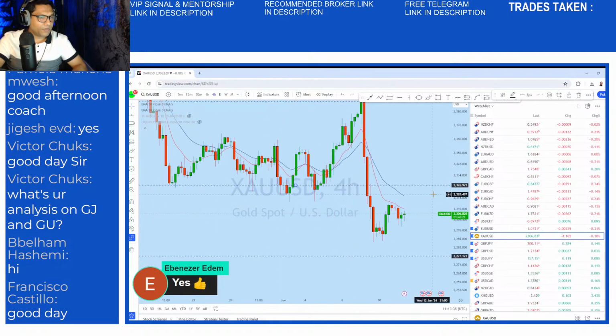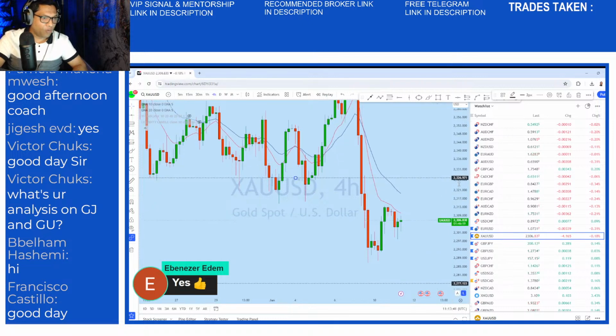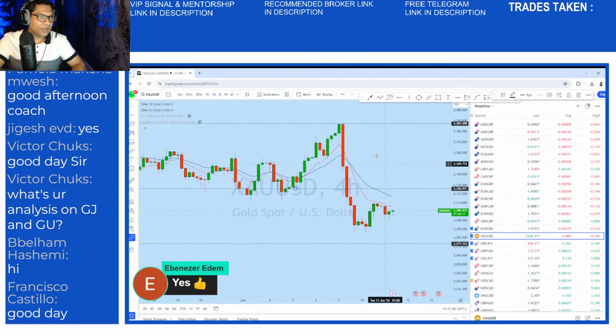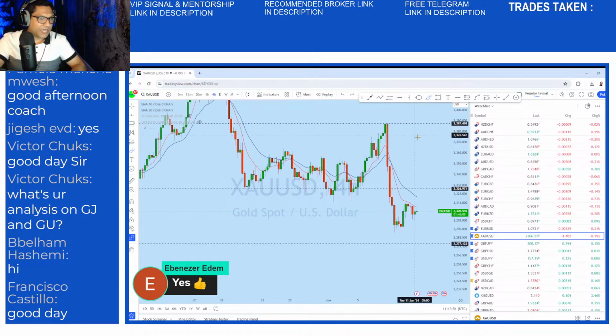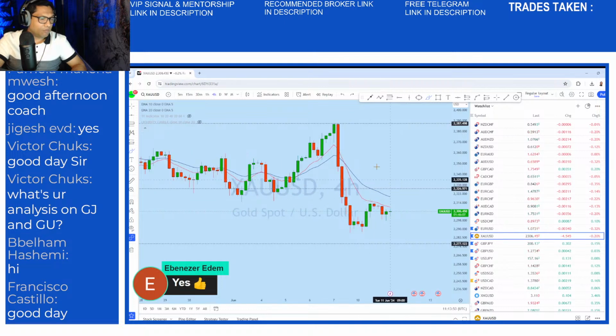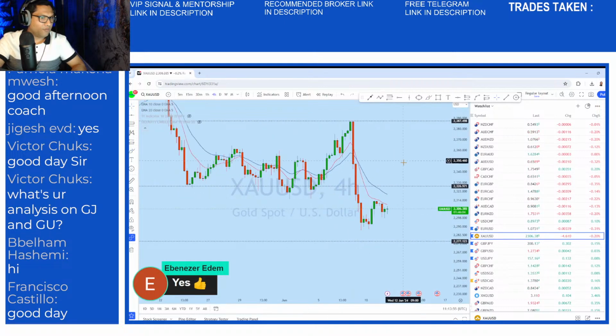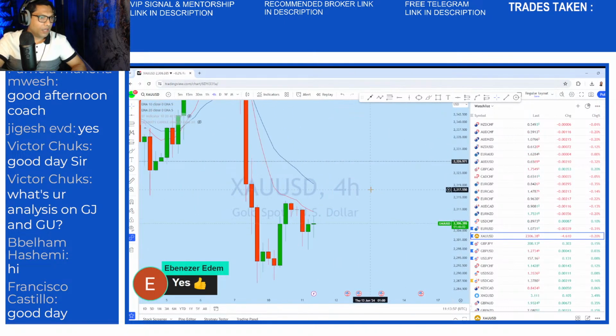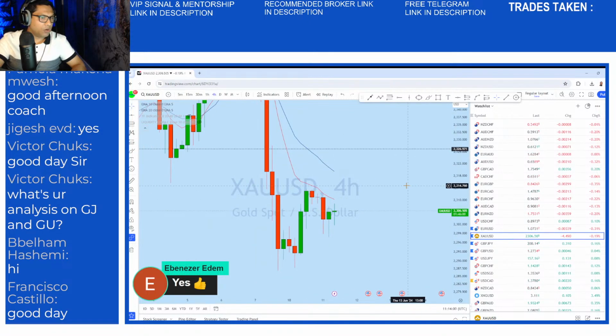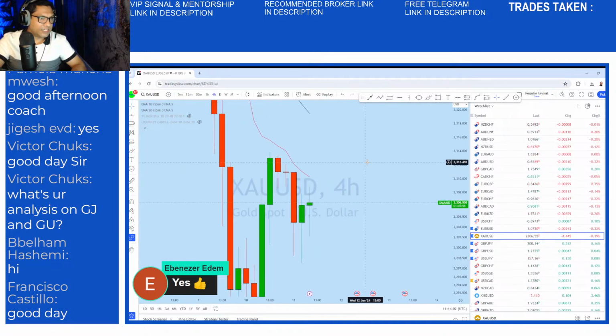From the lower time frame, if we look at the 4 hour, we can see that this is a massive drop here. It's a big drop, consolidation, then a move back to the upside again. And what I think on gold is that for the price, there is a liquidity zone. If you're not sure about the liquidity, let me know. We'll be discussing it in depth.